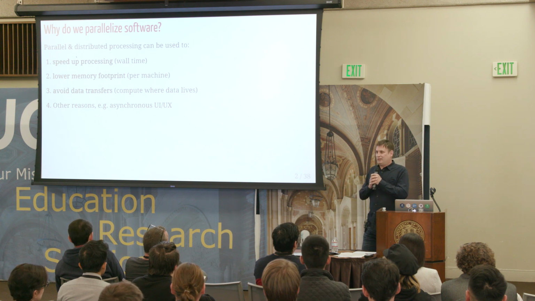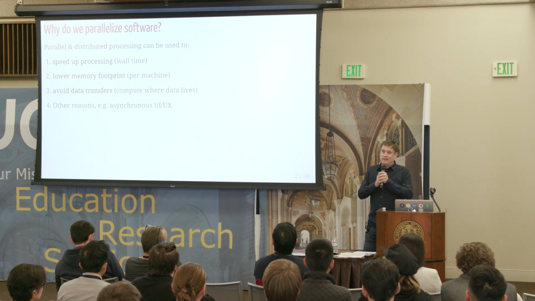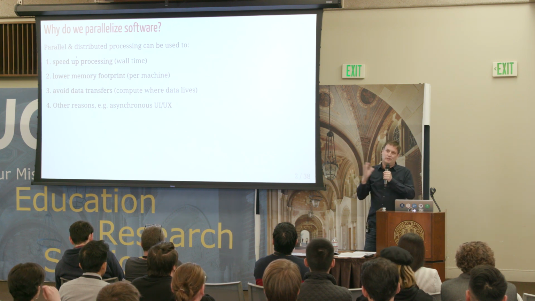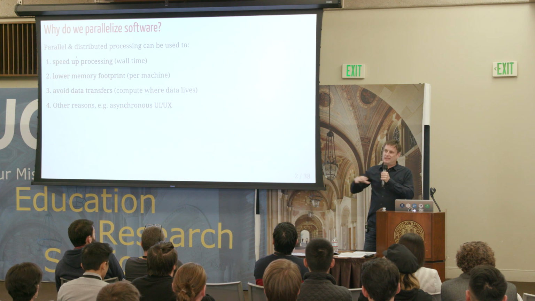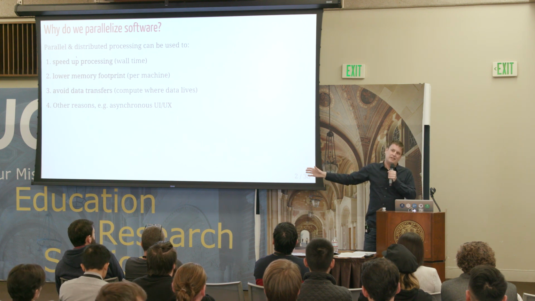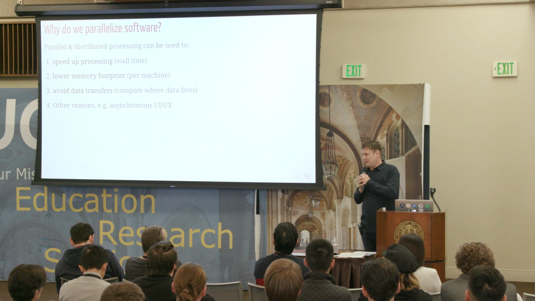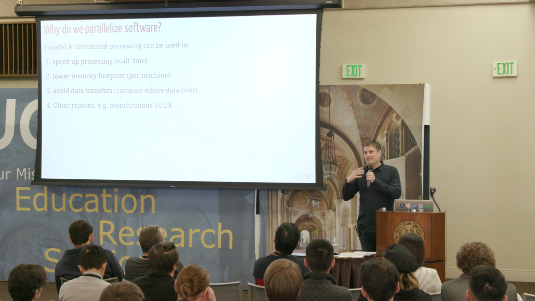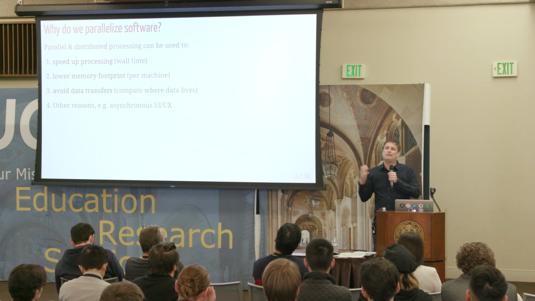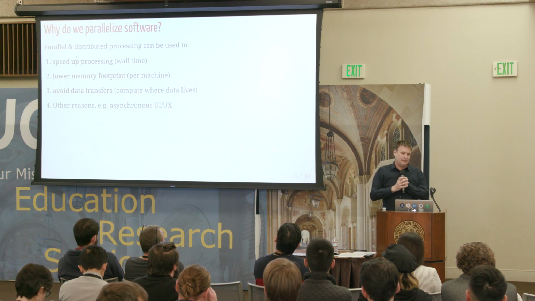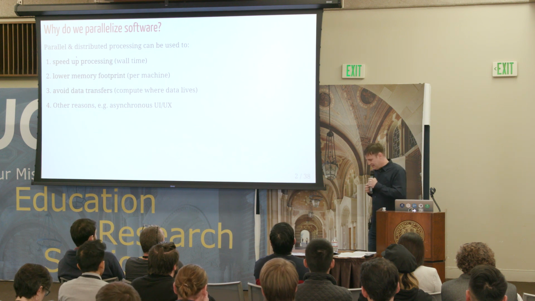Another thing is that the data transfers are too big, and astronomers have that problem. They bring down so much data that they can't send it over to the central computer, so they sometimes have to pre-process on site. And there are other reasons too. People are using Shiny, for instance. There's an asynchronous framework there, with a parallel backend to that.